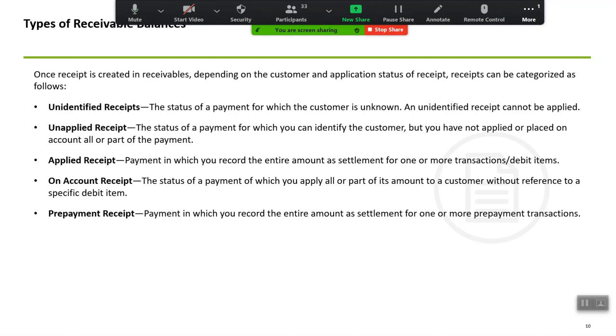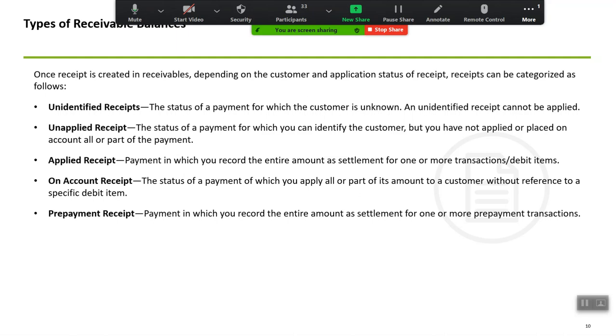So again, I am reiterating in case I'm going too fast. I'm reiterating all the terms. Unidentified receipt is when you're not keying in any customer onto that particular receipt. Unapplied receipt is when you are not applying any invoices on that particular receipt.